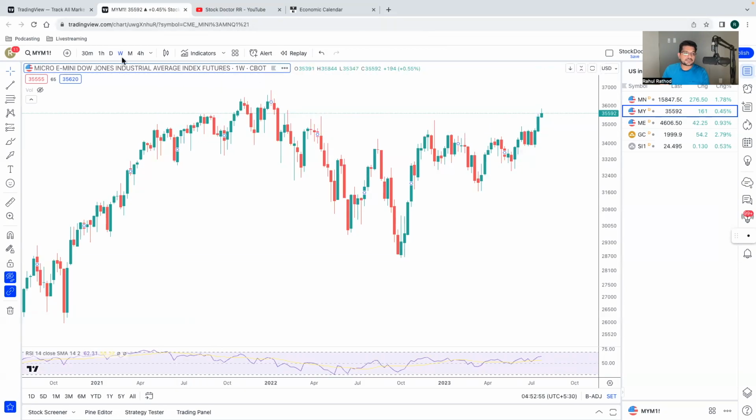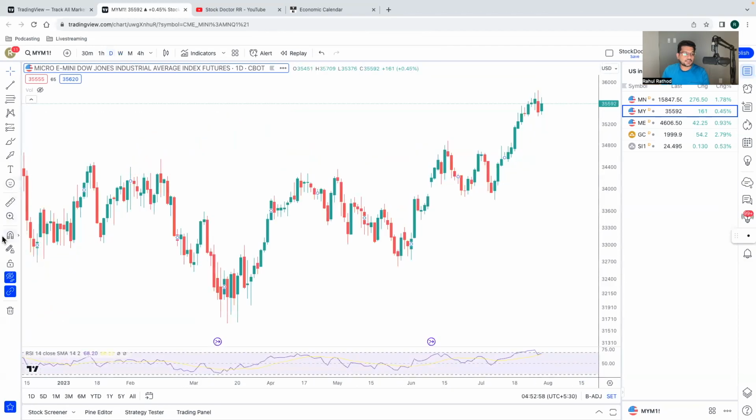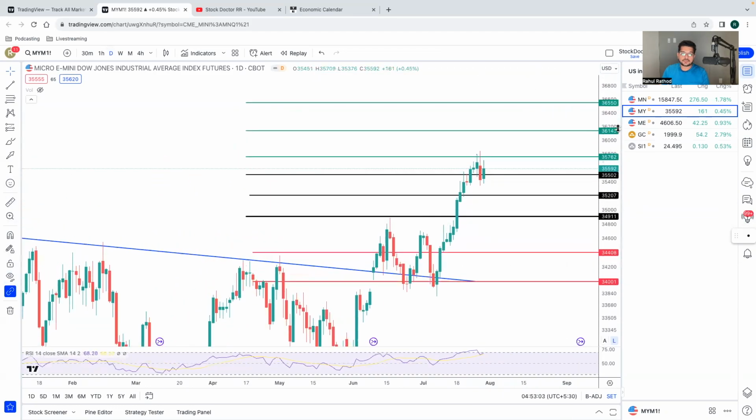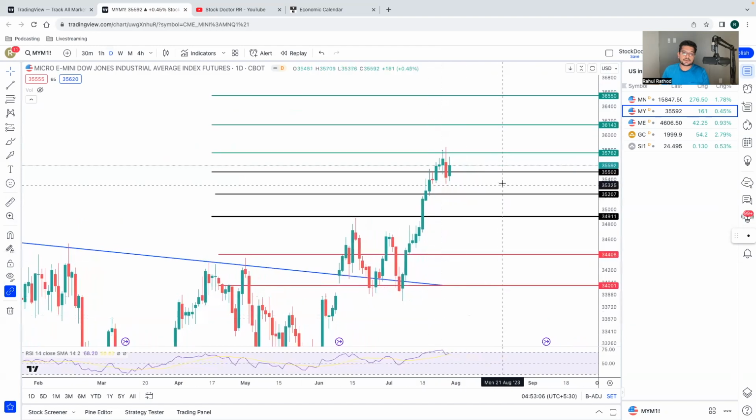We will see the day chart here, and on the day chart, let's see the levels. The levels say for the Dow Jones, the no trading zone is between 35,500 to 34,900. This 600 point is a no trading zone for Dow Jones. If it comes inside this, then it can stay anywhere in between this. But if it stays above 35,500, which is currently now, then